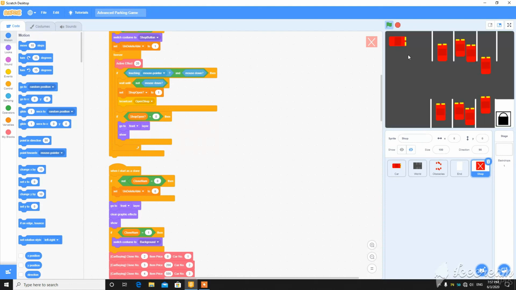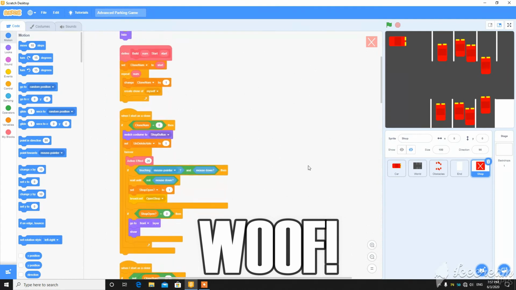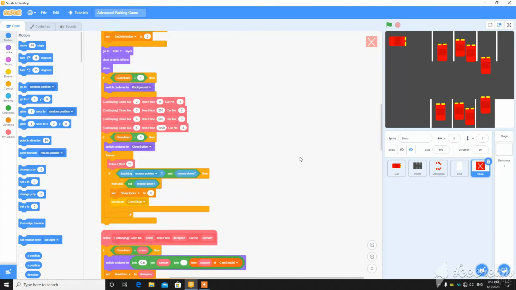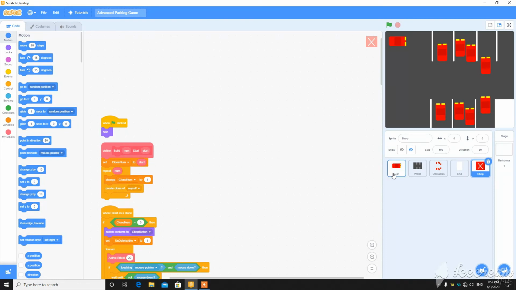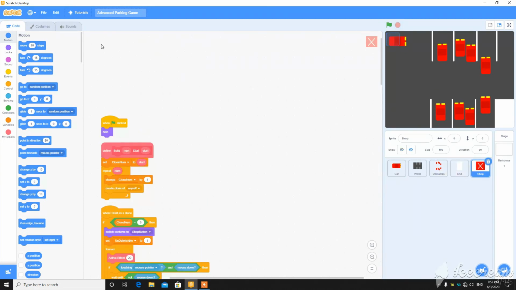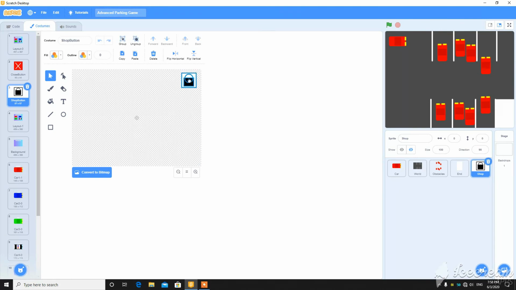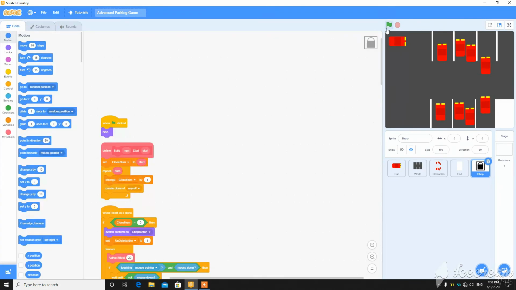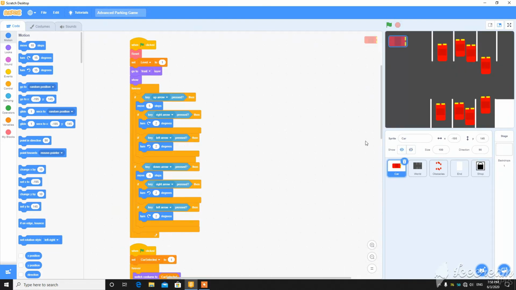Let's check. So this is now working finally. So this long script actually worked. So now we have multiple cars with a shop system here. I think this should not be here. So let's just change the costume, position, set this to year. So now it will work. You can see this is now working. Great. And reposition as you want.